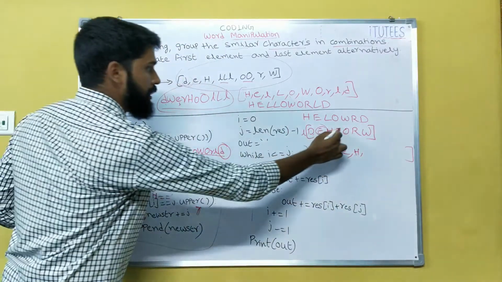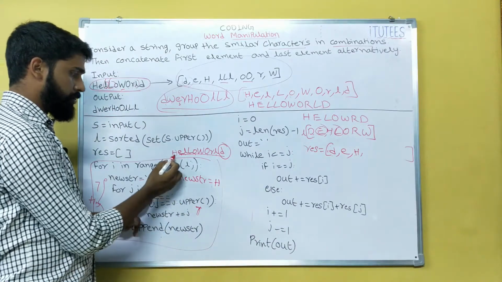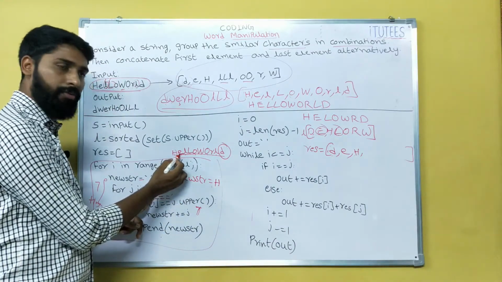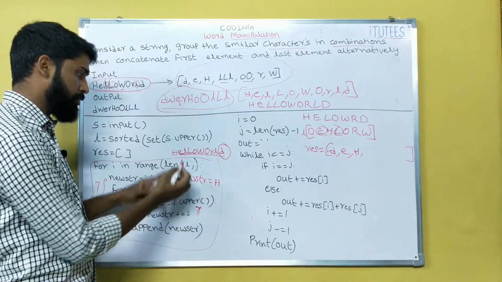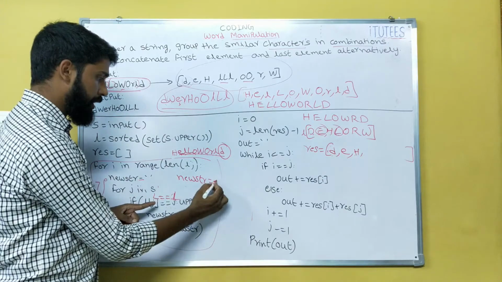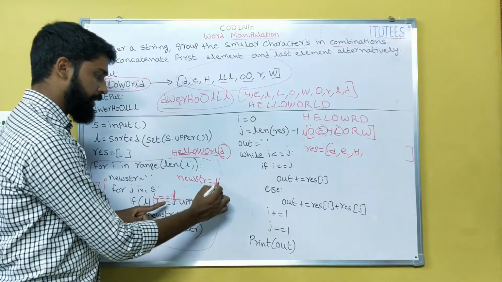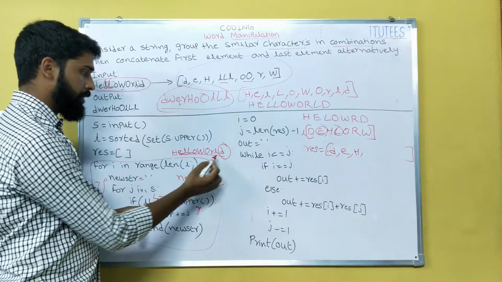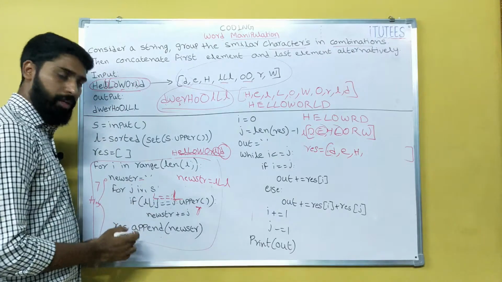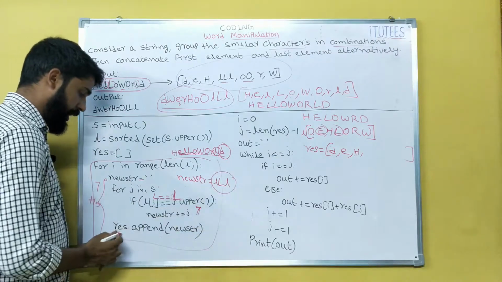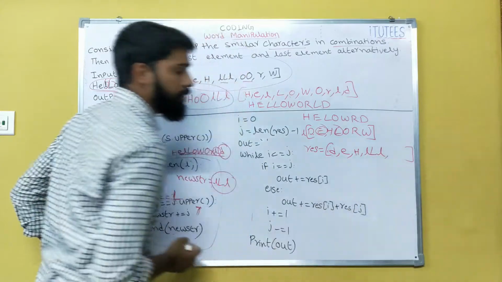In the next case, L. L equals H, false. E, false. Small l dot upper, that means it's capital L, it is true. So we can append L here. Next iteration, it is capital L, again appended here. In this case also, the L is appended. After the end of the loop, this string is appended to RES. That means L, L, L.